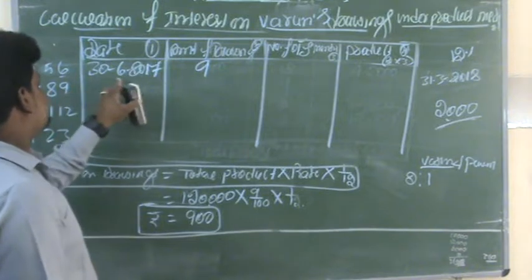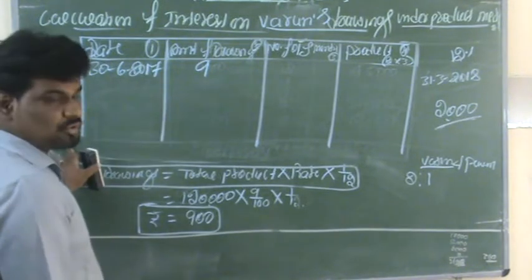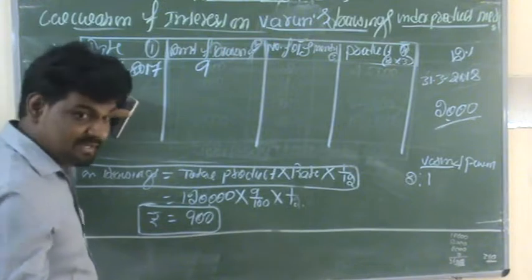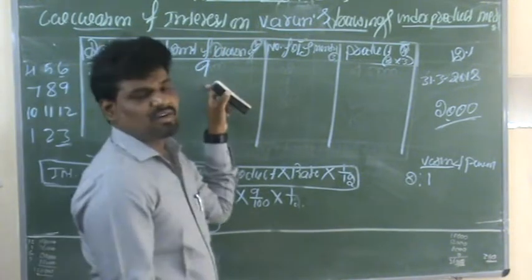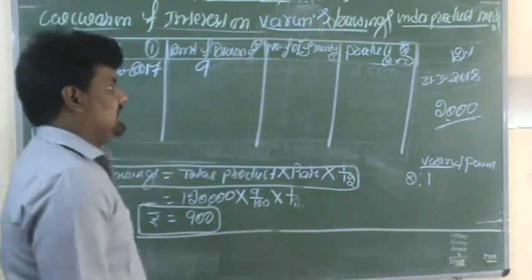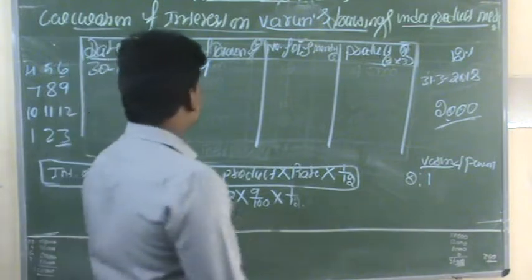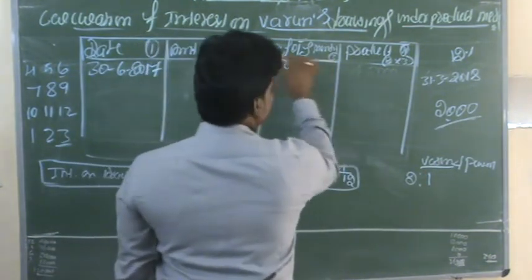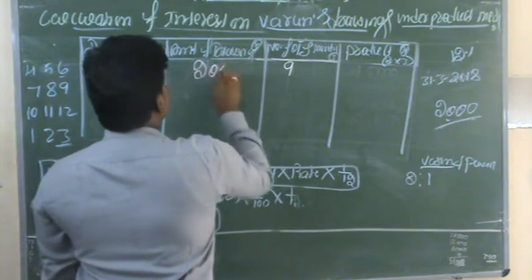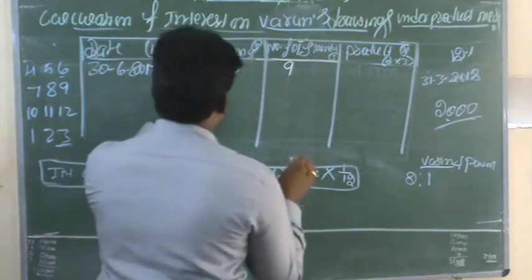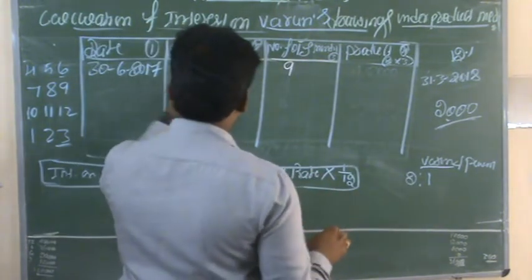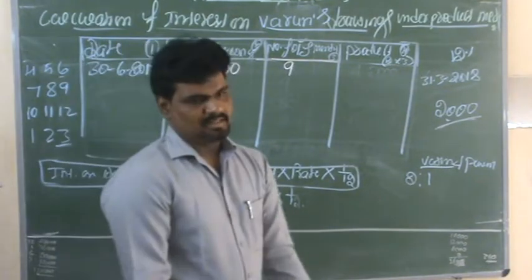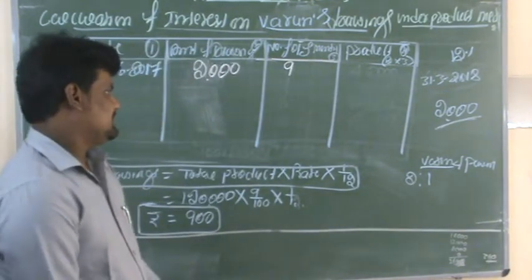So here, from 1/4/2017 to 31st March 2018. From the date of withdrawal to the end of the assessment, you get 9 months. This is the outstanding period. So here the outstanding period is 9 months. First of all, the amount of drawings is 2000, right? The amount of drawings is fixed. There is no change. They are withdrawing 2000 every month, on a quarterly basis.